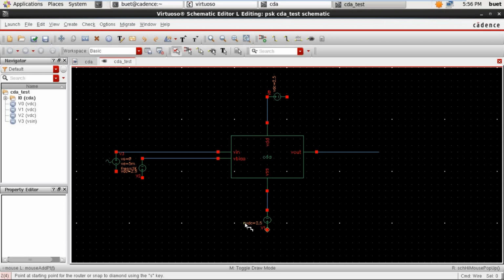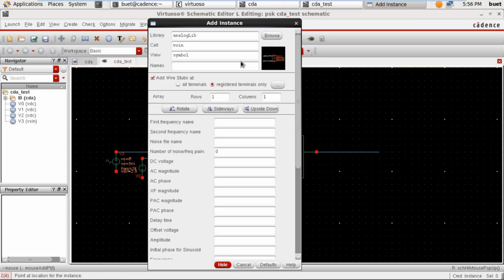Now we place the ground to all the sources.